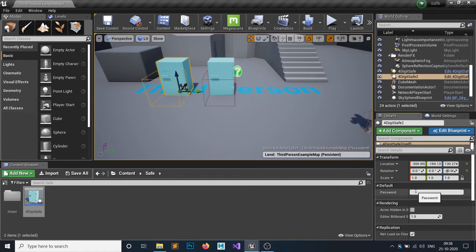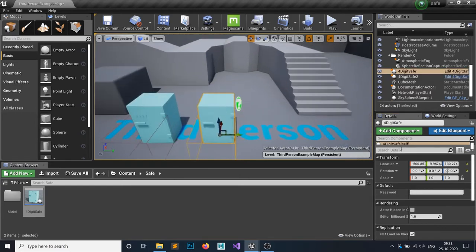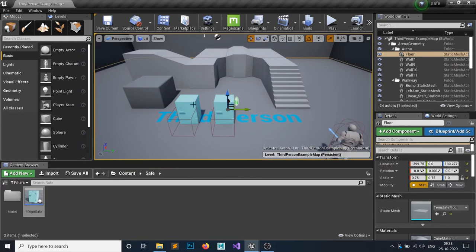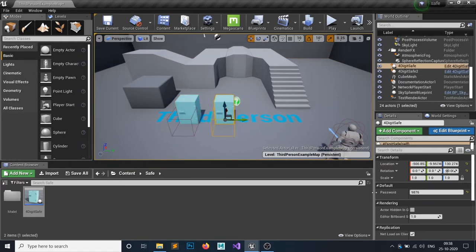This password would be, let's say, 1234, and this password would be, let's say, 9876. So you can set different passwords for different chests. This is why I have set the password instance editable.